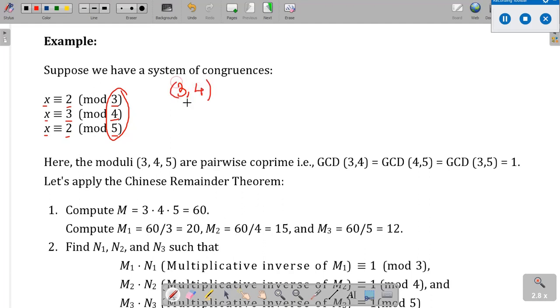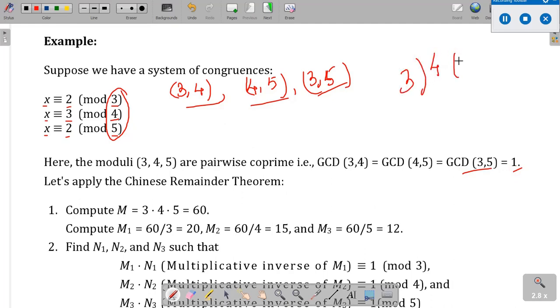तो 3 4 5 को प्राइम है या नहीं, सबसे पहले हम इसके पेयर को देखते हैं। There are 3 different pairs, 3 4, then 4 5 and the last one 3 and 5. These are the three pairs, ये को प्राइम होने चाहिए। यदि 4 को 3 से डिवाइड करें हमें रिमाइंडर 1 मिलेगा। So GCD of 3 4, GCD of 4 5 and GCD of 3 5 must be equal to 1. You can check here. 5 को 4 से यदि हम डिवाइड करें रिमाइंडर 1 होगा। 5 और 3 को यदि हम डिवाइड करें तो